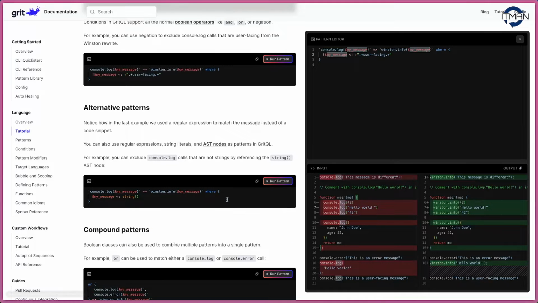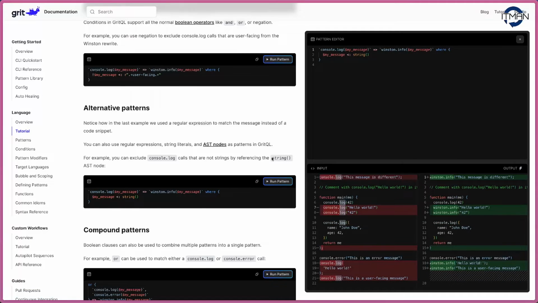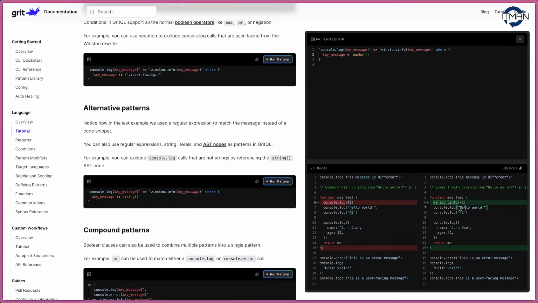Another way we can define the pattern is called AST, which means abstract syntax tree. For this one, we have the string. So it looks for all the console.log calls. They have the parameter here to see the variable. The my message is a string. And you can guess, if I want to replace it with a number, I can call it number. So we display all the number